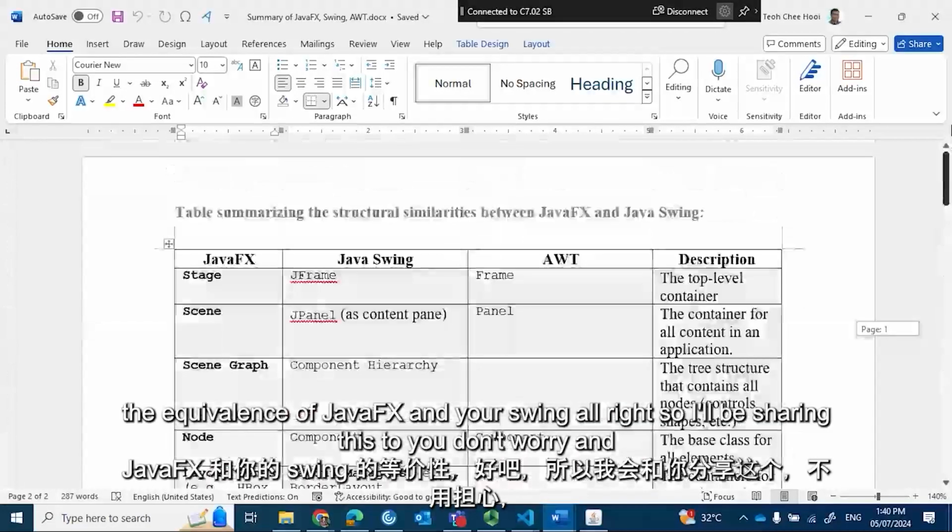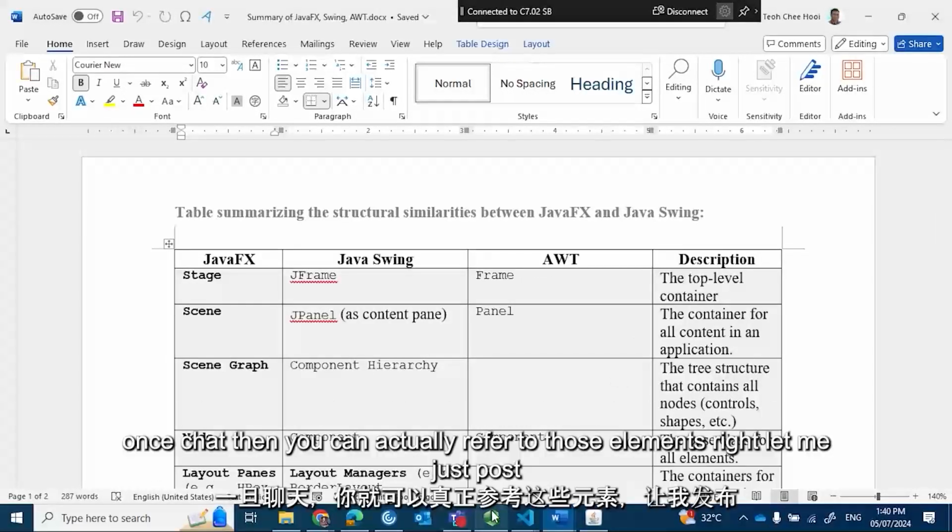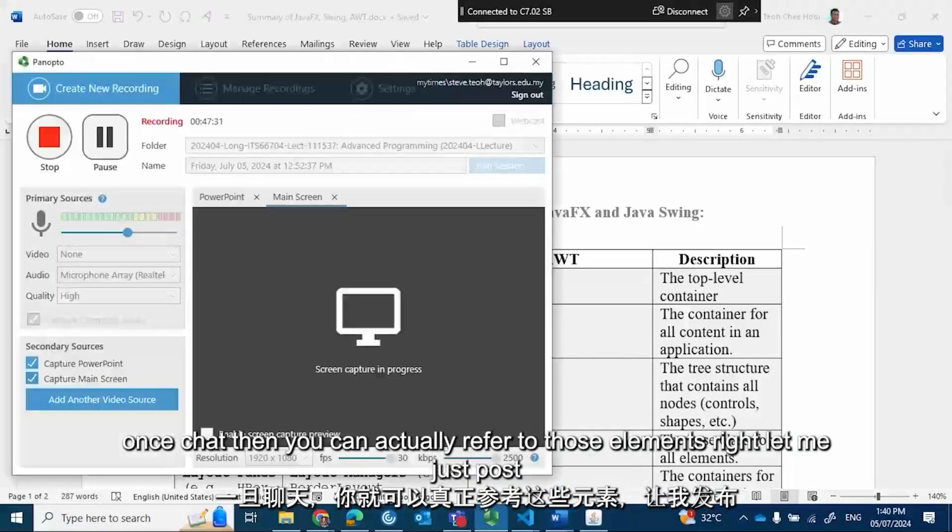All right. So I'll be sharing this to you. Don't worry. Once shared, then you can actually refer to those elements. Right. Let me just pause the